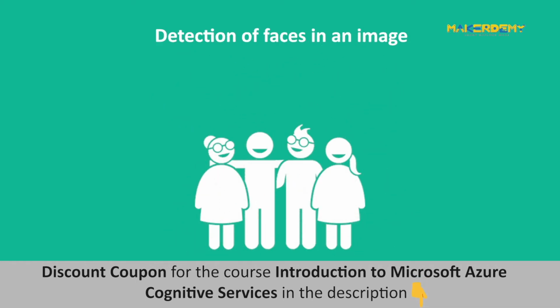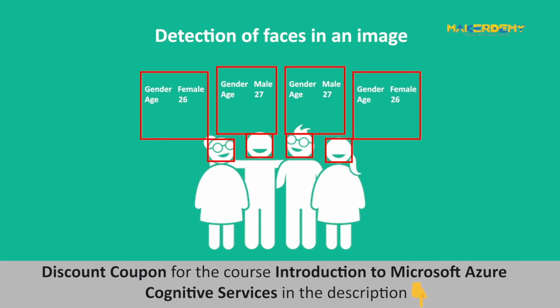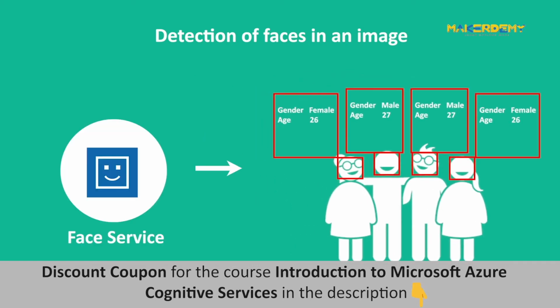Detection of faces in an image. The API can detect the faces in an image and provide information about each of the faces. Other features it returns are the coordinates, gender, and age for each face. But this is only a subset of the Face service functionality. Face service APIs are used for more detailed analysis, such as facial identification and pose detection, that cannot be done using Azure's Computer Vision.